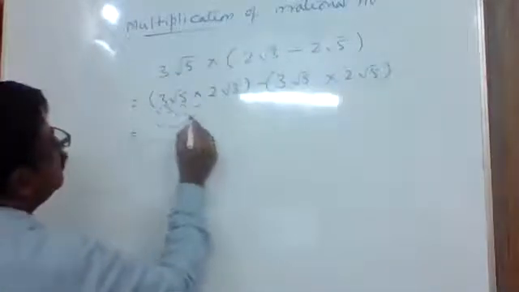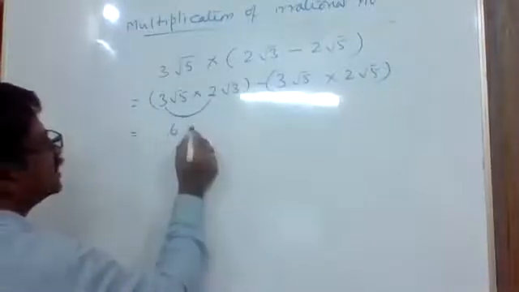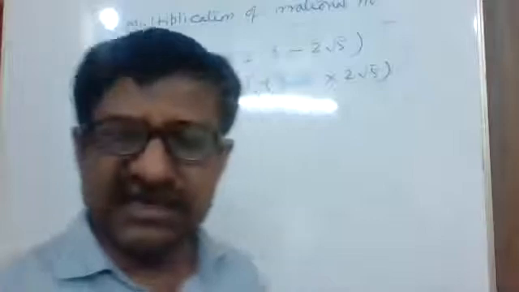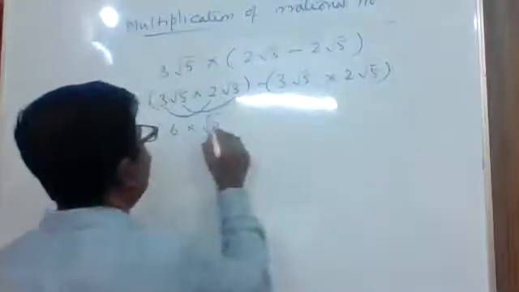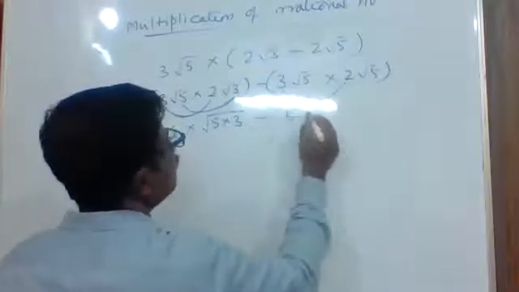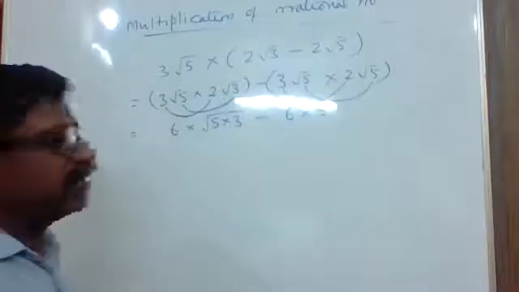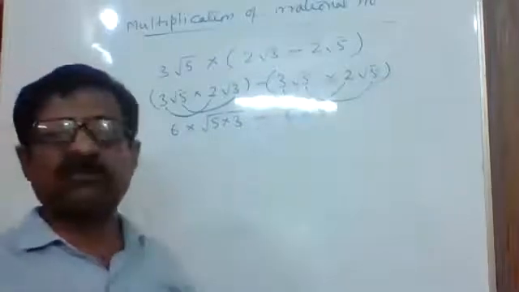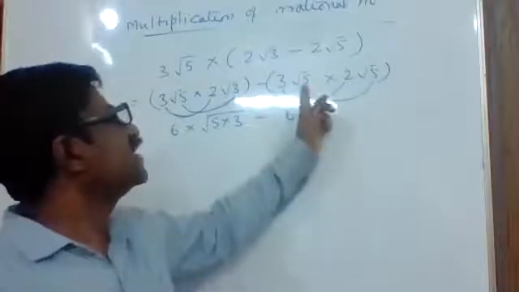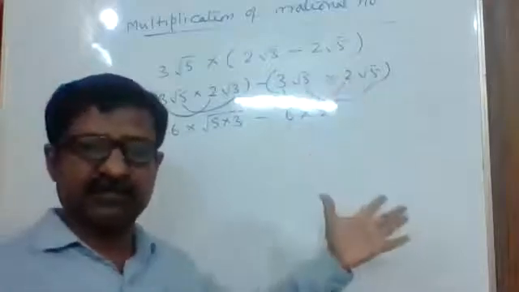Now while multiplying these two, 3 into 2, the rational parts have to be multiplied together, then we get 6. And the irrational parts are root 5 and root 3. Root 5 into root 3. Since they are different numbers, we'll write root 5 into 3, minus. Here 3 2s are 6, into root 5 into root 5, which is 5 directly. Because they are the same number, root 5 into root 5, no need of writing root 25 because we are trying to reduce the steps. If the numbers are the same, root 5 and root 5, and you are multiplying together, directly we can write root 5 into root 5 is 5.